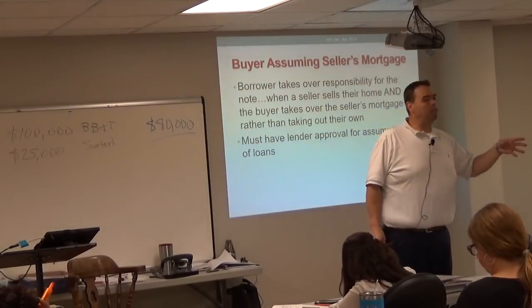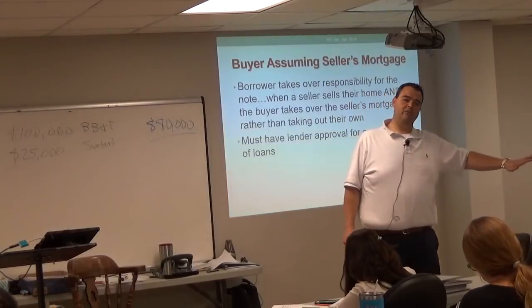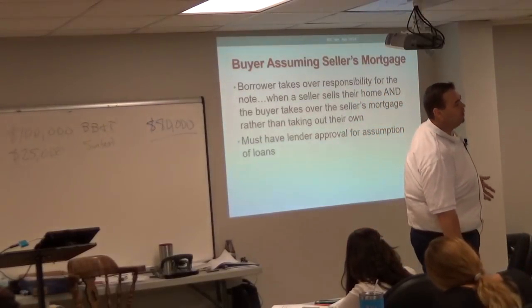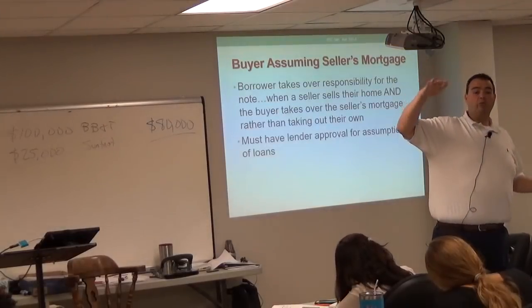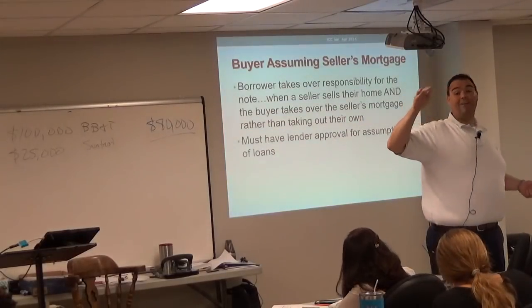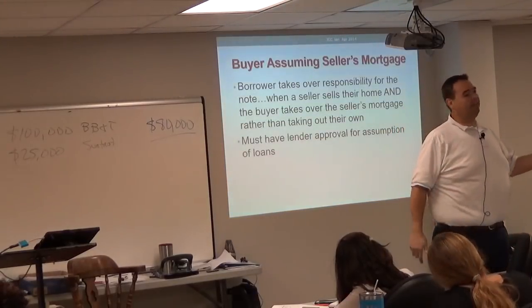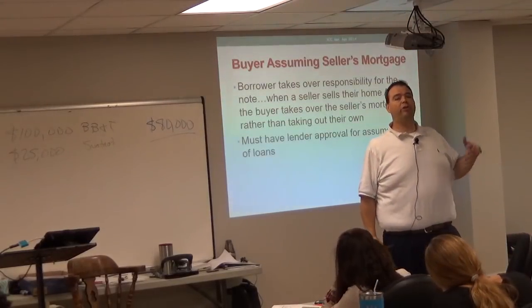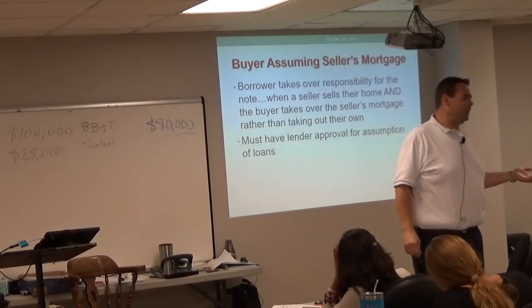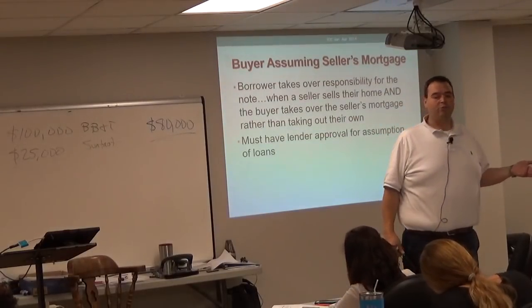So Kathy bought at a point in time when interest rates were really low, and now interest rates have done what? They've gone up. So if I take out a new loan, I'd be taking it out at that higher current rate. So which would I rather do? Take over Kathy's 3.5% interest rate loan or go get a 5% interest rate loan of my own right now? I'd rather have her 3.5%.